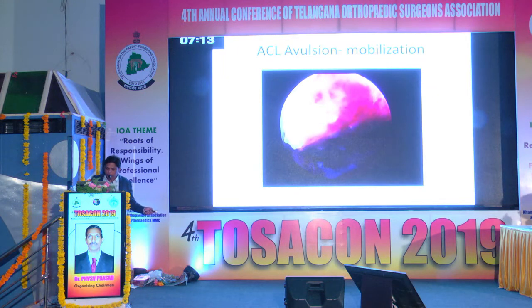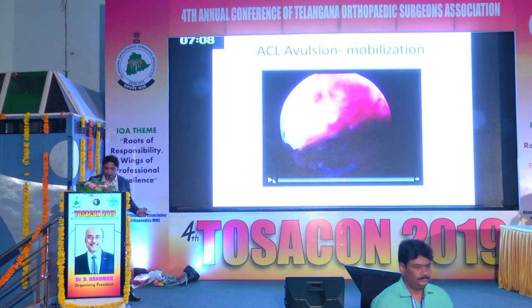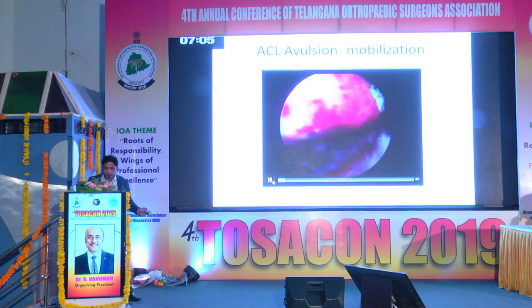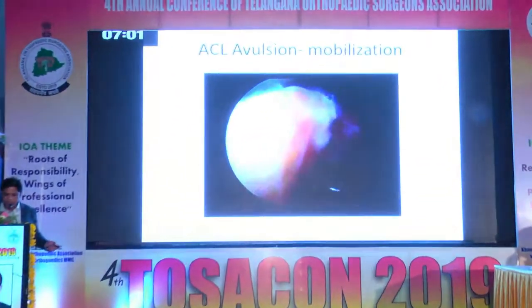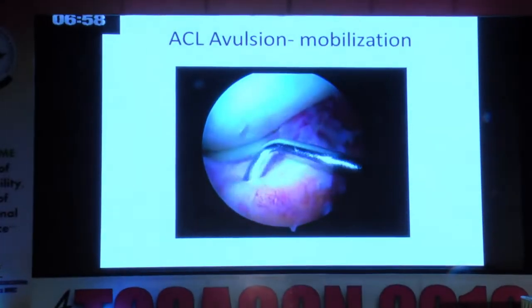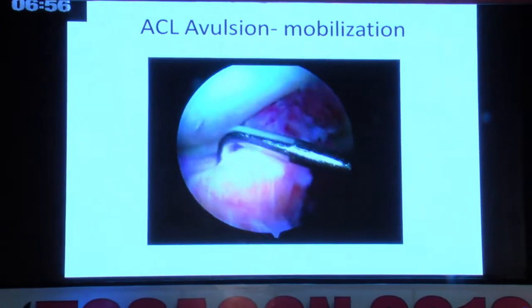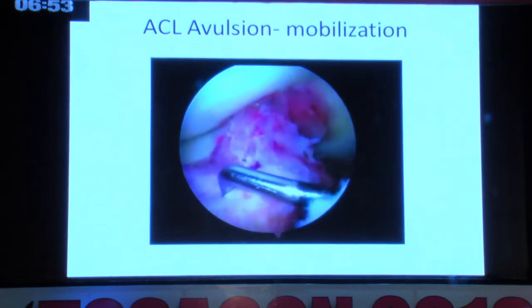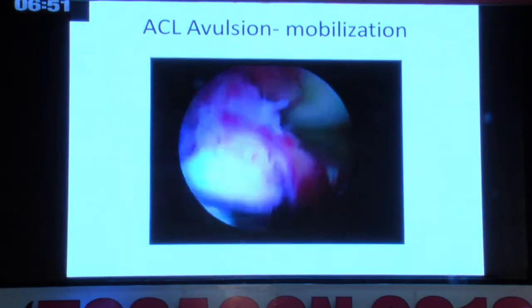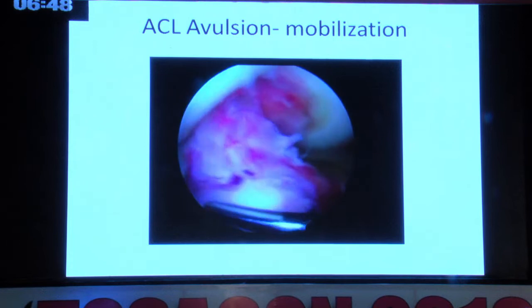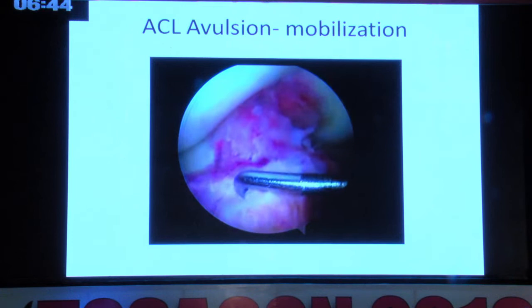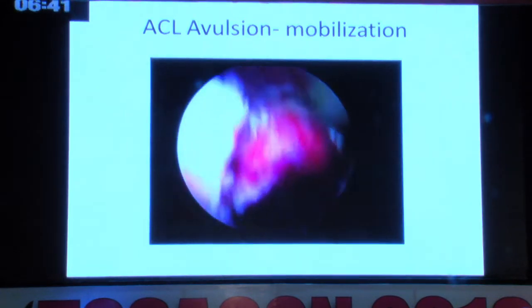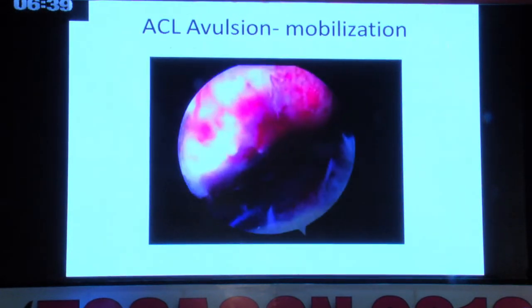So this is one video of an avulsion fracture, how I do this. I'm going to demonstrate. This is an ACL avulsion, a very big comminuted fragment. We see here this is one fragment. A very important thing is the intermeniscal ligament. This is a hindering tissue which will come between your avulsed bone fragment and the native bone. This has to be taken care of throughout the procedure till the end of your fixation.